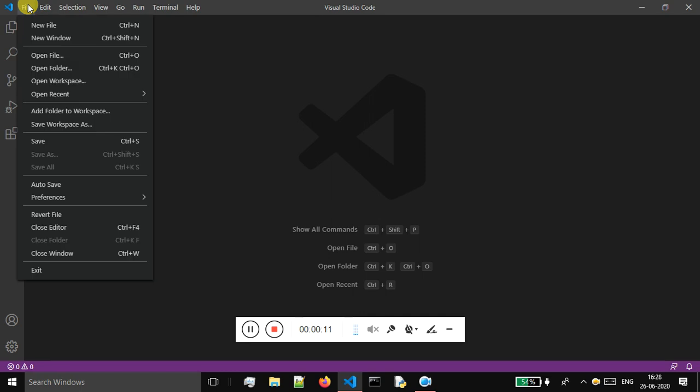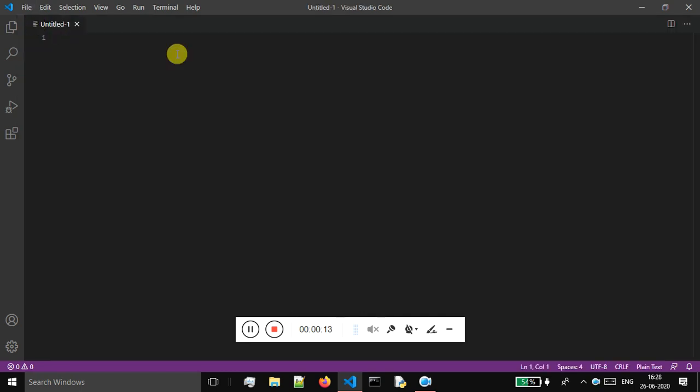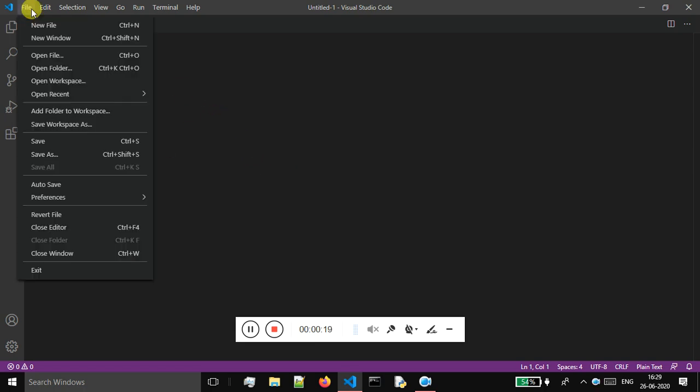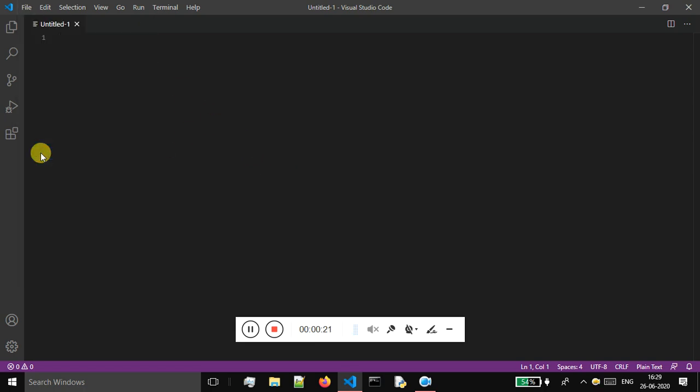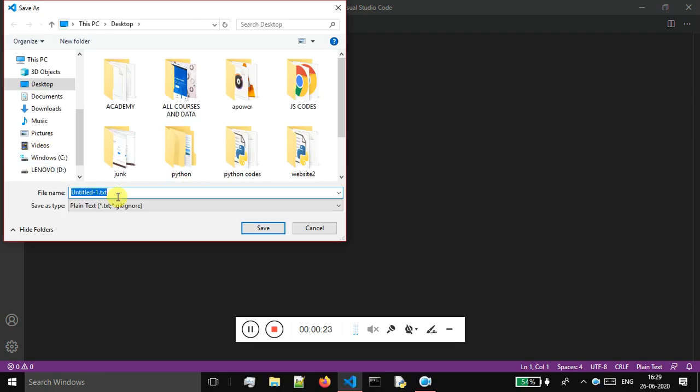Okay, so click on file, click on new file, and after that this untitled-1 file will be created. Now I have to rename this file. So I will again click on file, click on save as, and in order to make use of this file as a HTML, we have to give the .html extension to this file. First of all you should be giving the name to the file. You can give the name almost anything. I will give my name, and .html extension is important.